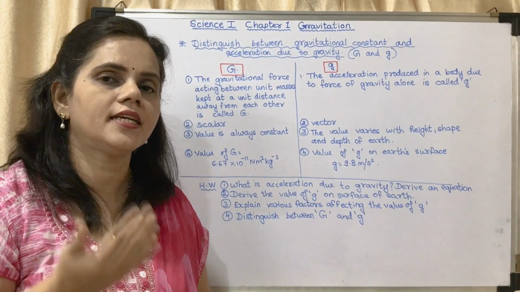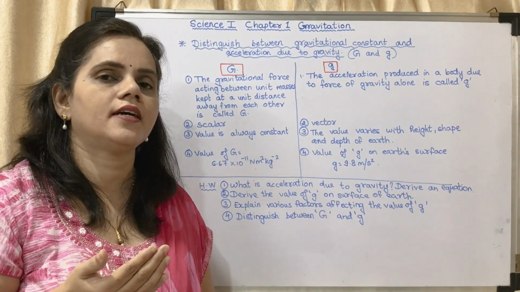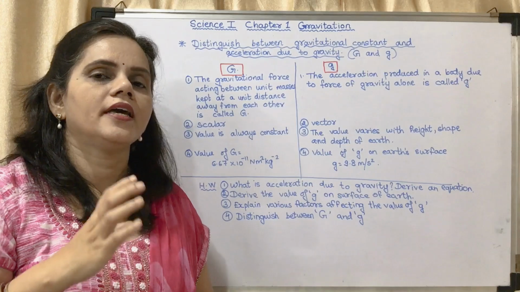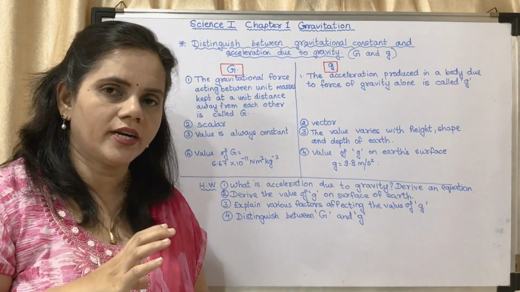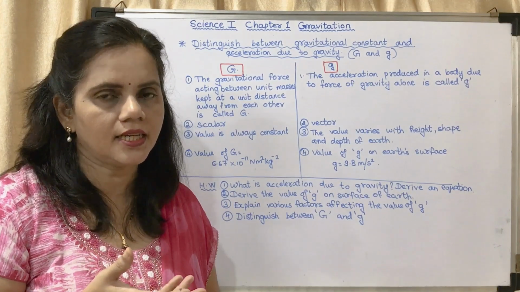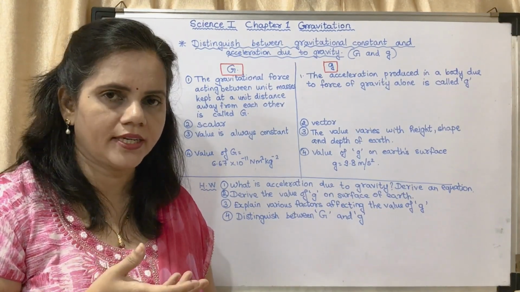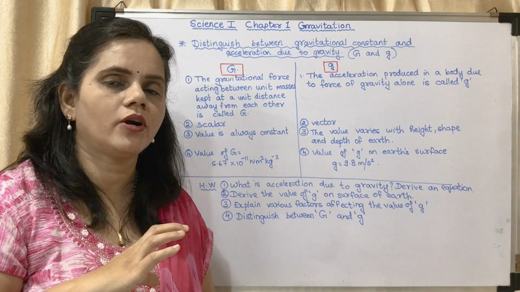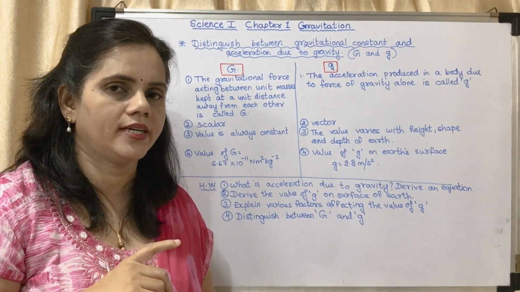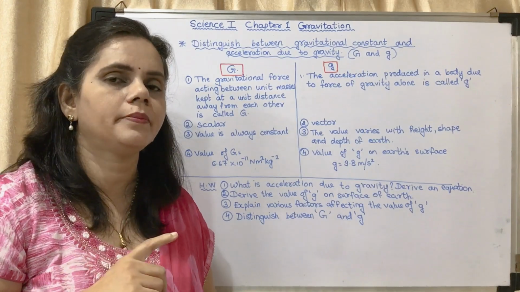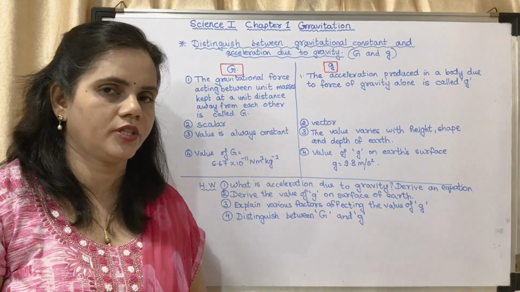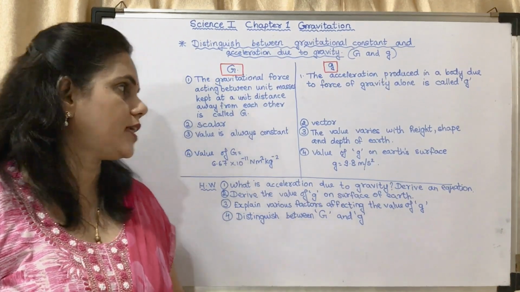And if we are considering the direction, then it is said to be a vector quantity. I repeat, if for a physical quantity both magnitude and direction are considered, then it is a vector quantity. If for a physical quantity only magnitude is considered, it is a scalar quantity. If you are not remembering, you may refer to last year's textbook. It is there in the first chapter. Okay, first chapter, check it.